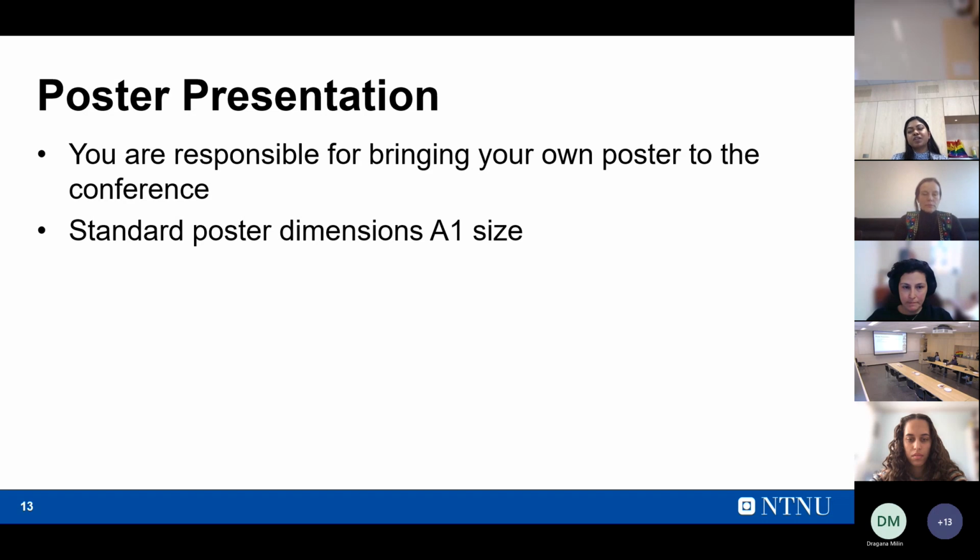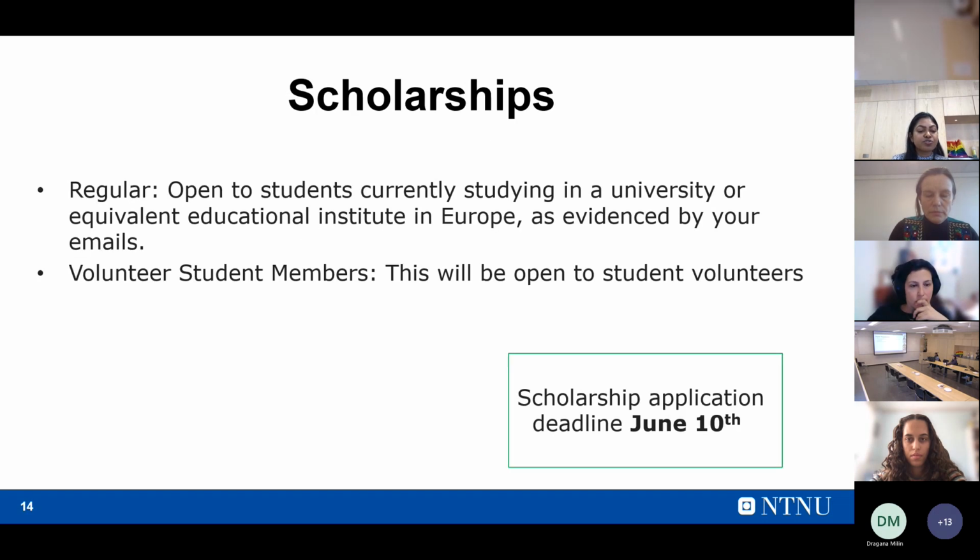So now that we've walked through the various stages involved in writing an abstract, how to write a winning abstract, to actually submitting it, and what is expected of you on the day of the presentation, let's also have a look at how you can actually make it to the conference, so how you could finance your trip and attend the conference.